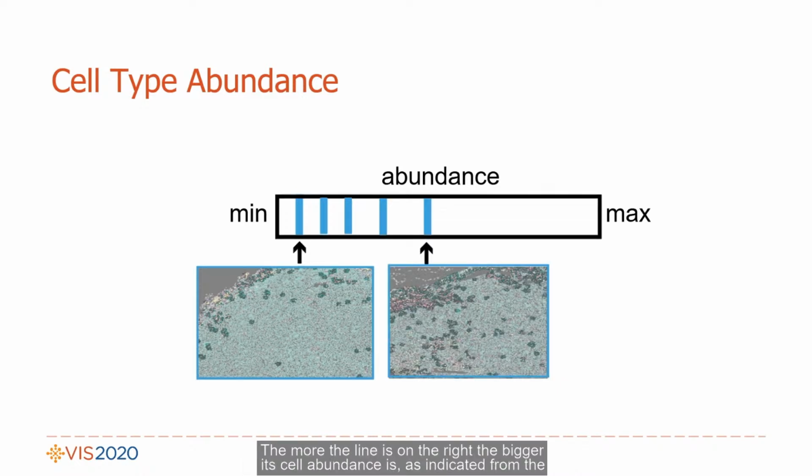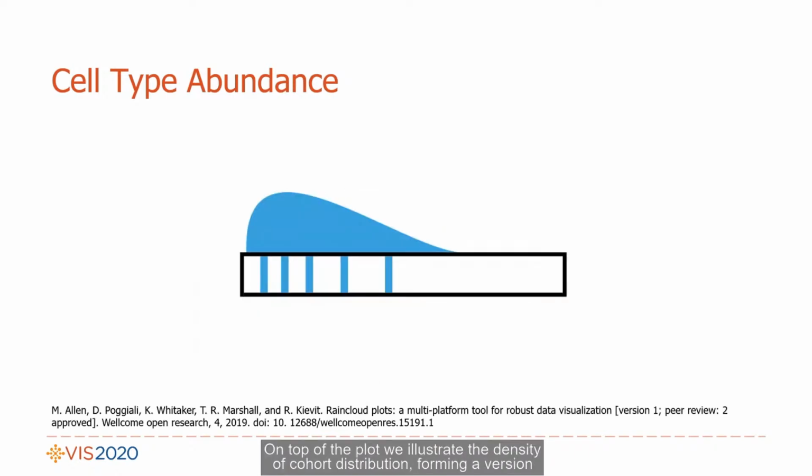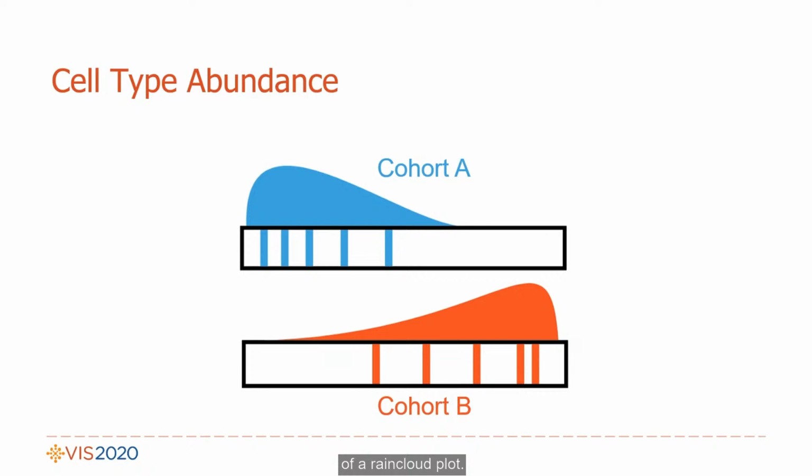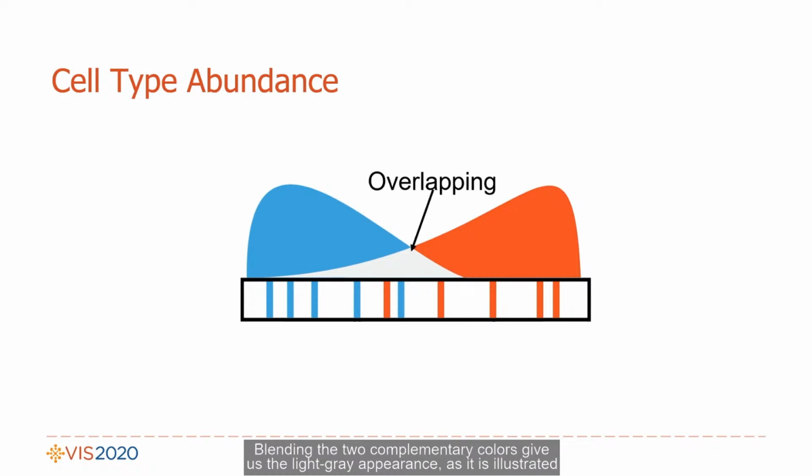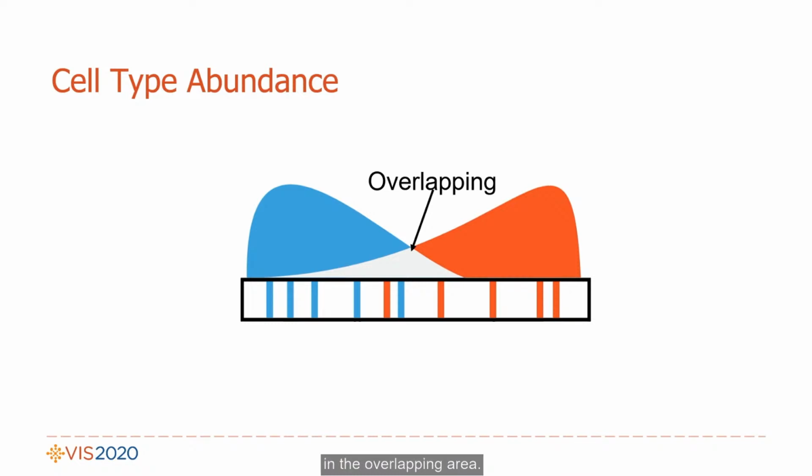The more the lines on the right, the bigger its cell abundance is, as indicated from the highlighted cells on the bottom line. On top of the plot, we illustrate the density of the cohort distribution, forming a version of a rain cloud plot for both cohorts, using two complementary colors, orange and blue. To compare the cohorts, we superpose the two rain cloud plots. Blending the two complementary colors gives us the light gray appearance, as illustrated in the overlapping area, emphasizing